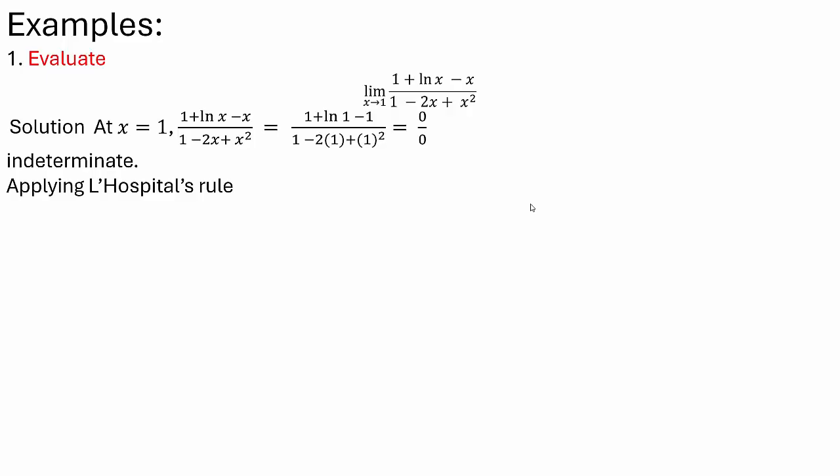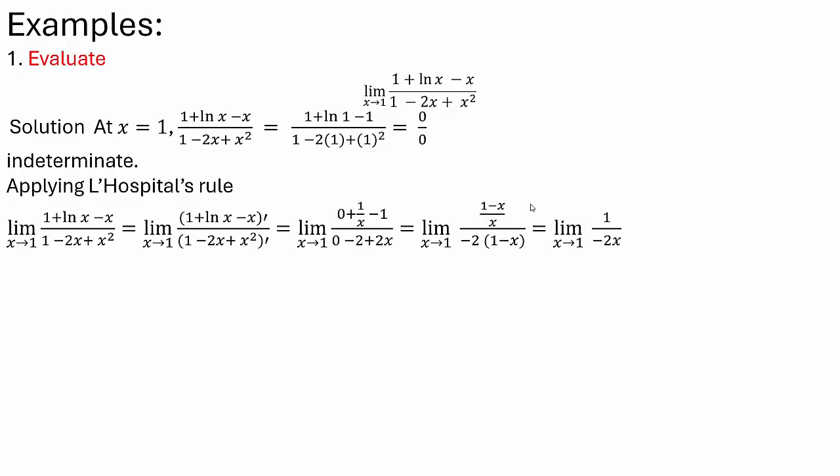At x equal to 1, this becomes 0 by 0, which is indeterminate form. And therefore, applying L'Hospital rule, limit x tends to 1 of (1 plus ln x minus x) divided by (1 minus 2x plus x square) equals limit x tends to 1 of the derivative of (1 plus ln x minus x) divided by the derivative of (1 minus 2x plus x square). The derivative of 1 is 0, derivative of ln x is 1 by x, derivative of x is 1. That is limit x tends to 1 of (1 by x minus 1) divided by (minus 2 plus 2x),